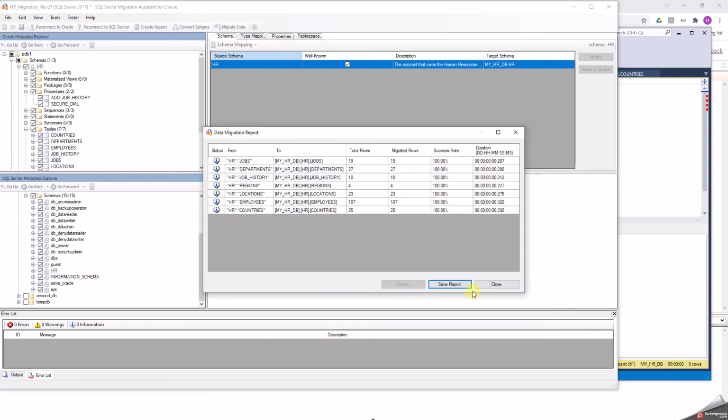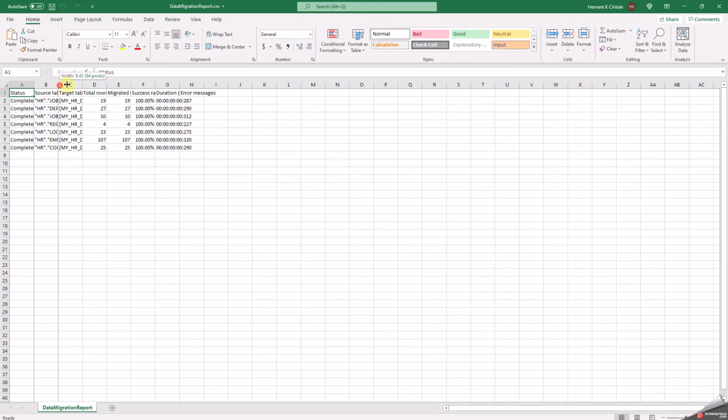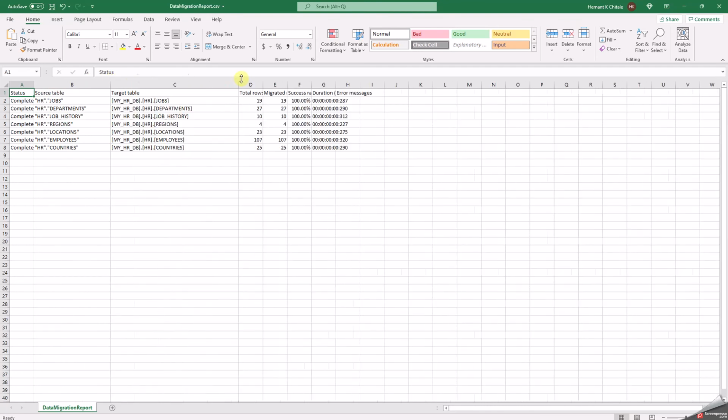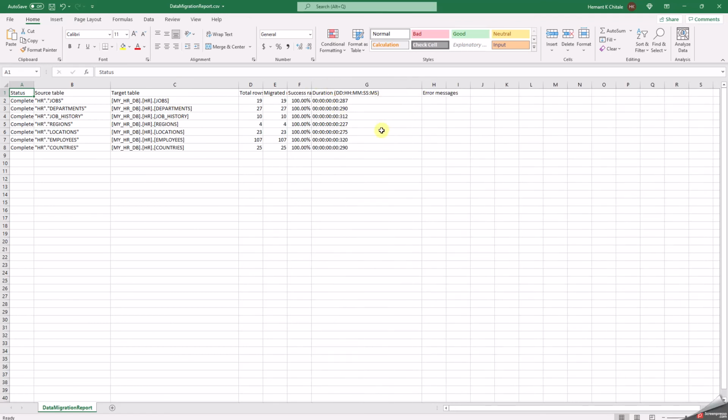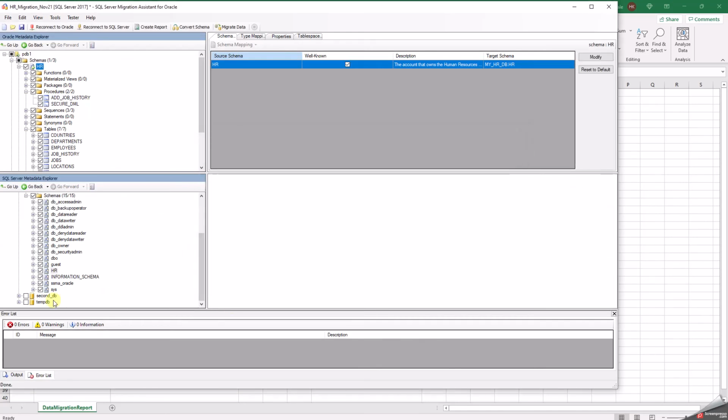So if I look at the report, here you can see the source table and the target table. My HRDB, HR schema, jobs table name. Okay, and how long it took, and if there are any errors. Now we already know there are no errors. There were only warnings for some of the tables, like countries, where the region ID is mapped to a float instead of a number with precision and scale. I can go back into my migration assistant and actually view the data now that the data is loaded.